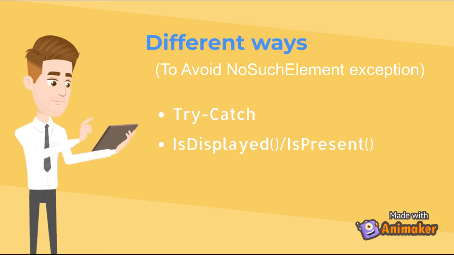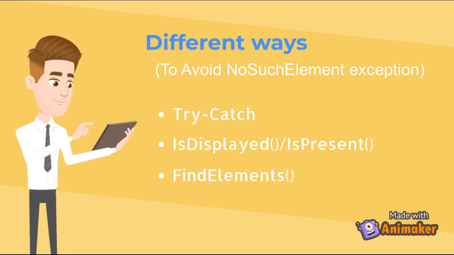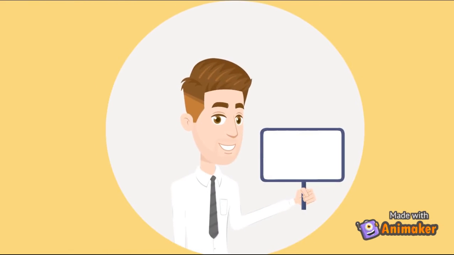What is the third one? This is little tricky, so try to think of by yourself. So if you are not able to find, the third one is you can use find elements. Generally find elements will return you the list of web elements, right? So in case if element is not found in the page, it will return the empty list. So you can avoid the exception using this also. This is the another tricky one you have to little think of. So we'll move to the next question.